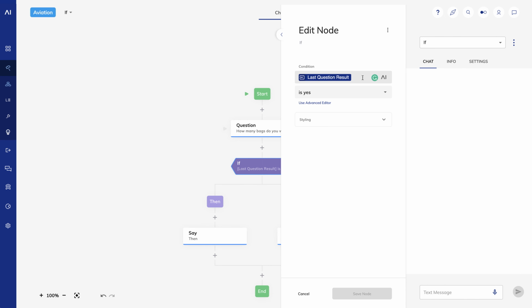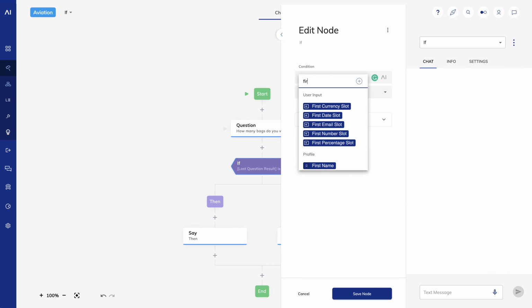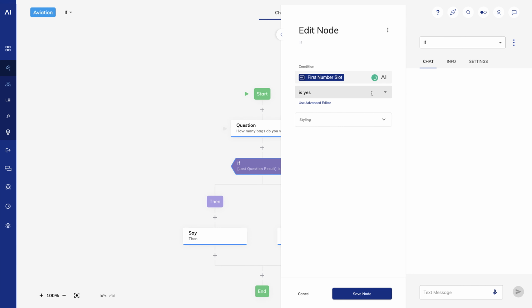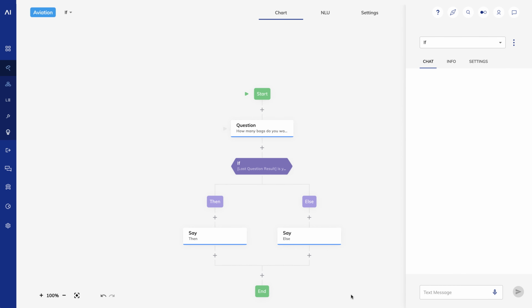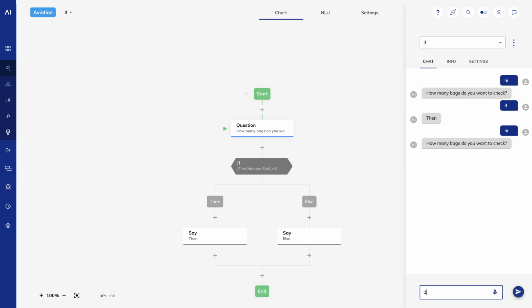For my check, I'll see if the first number slot is greater than 0. If I answer 3, it triggers the then branch. If I answer 0, it follows the else branch.